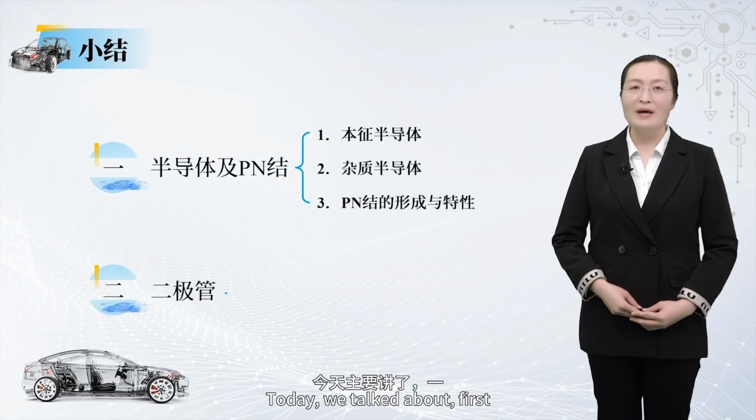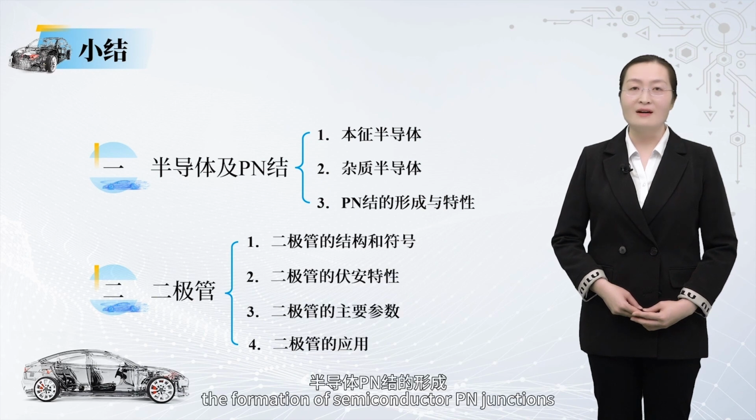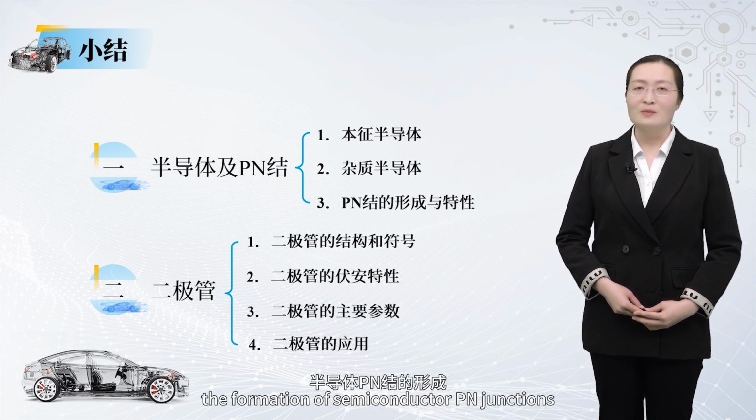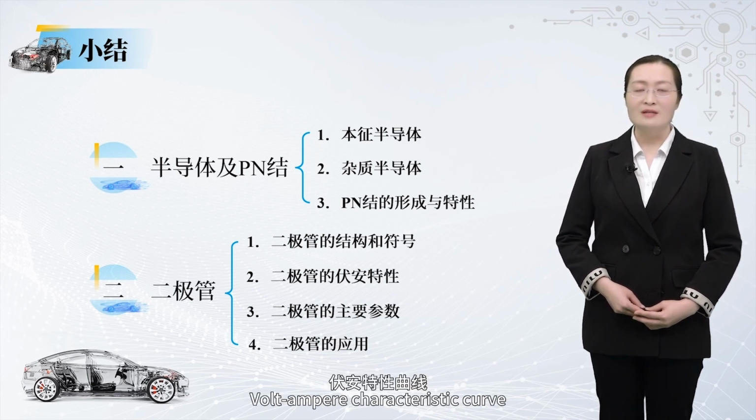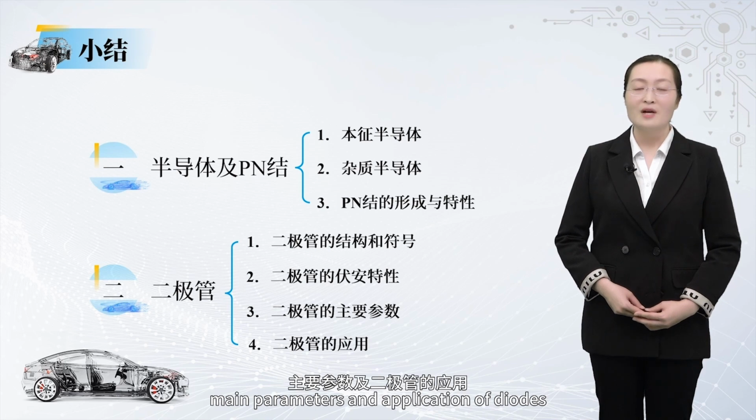Today, we talked about, first, the formation of semiconductor p-n junctions, and second, the structure of diodes, volt-ampere characteristic curve, main parameters, and application of